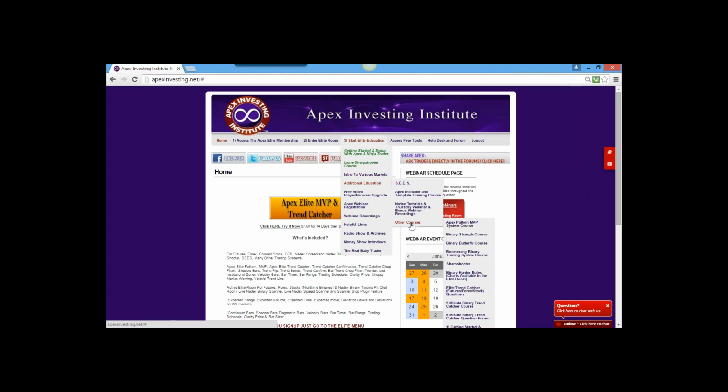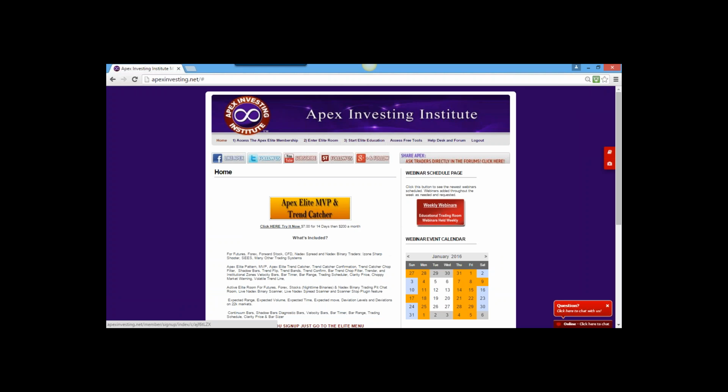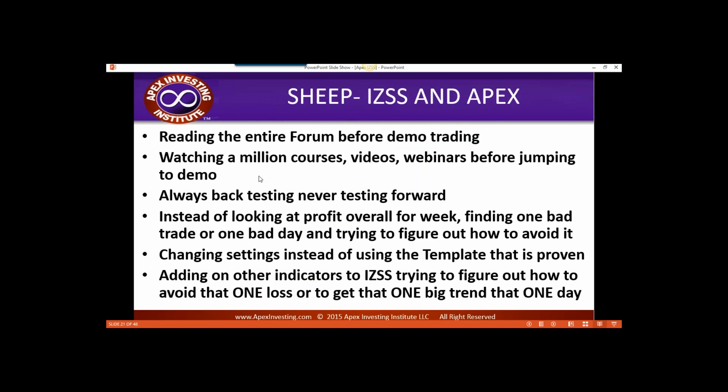before I can start doing anything. I've got to watch all of these before I can start doing anything. Why would you need to watch all of these or hardly any of these if you're trading this? You don't need to. Well, I've got to watch everything, and I'm always back testing. I spend day and night and weekends replaying, back testing, looking back at months, but I've never once sat there and actually demo traded going forward to see how it works, to actually demo trade and practice what I would actually be doing